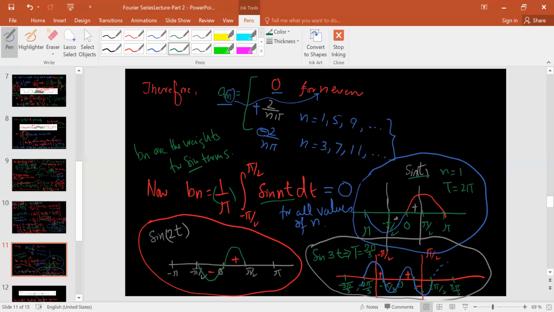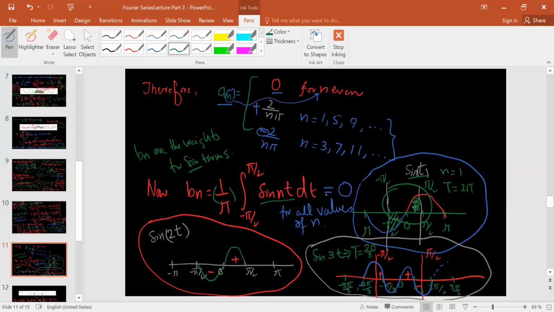So for that region of interest, this is minus pi by 2, this is plus pi by 2. So these two are my region of interest. In this, there's a positive and a negative area. You see this? This is negative area and this is a positive area. So they cancel each other, and sine t, when I integrate between minus pi by 2 and plus pi by 2,